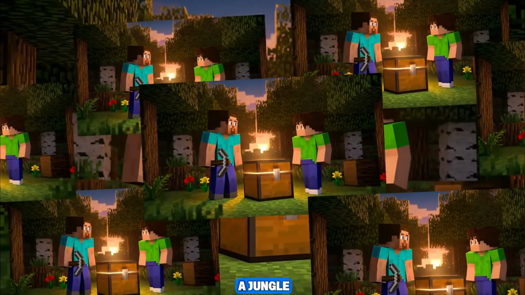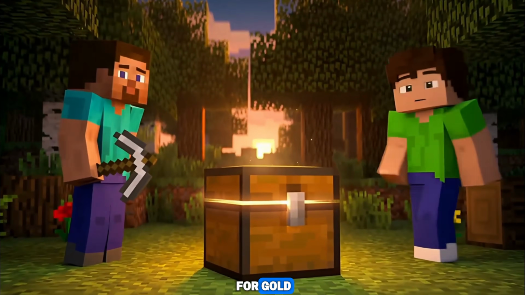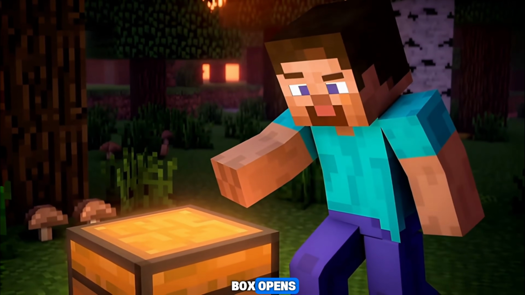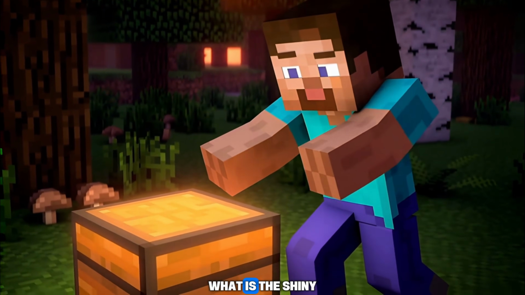Two friends are in a jungle, and they are looking for gold. Suddenly, they find a box, and when that box opens, they get very worried about what is the shiny thing